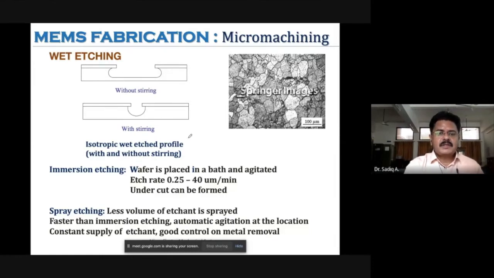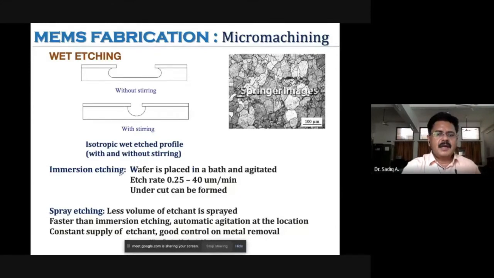So in wet etching, one process is with stirring and without stirring. And you have to think that though this looks like a 2 centimeter diameter, in fact this is happening on a micron scale. That is, this dimension may be around 10 to 20 micrometer. So flooding, that is, dropping etchant on the surface, means that even a single drop falling on the region will look like a flood for this particular size. So the controlled reaction happens in that dimension, in that scale. That's what you have to think when we think about micromachining.